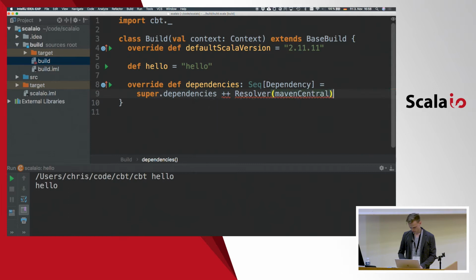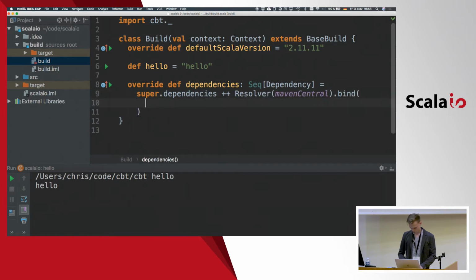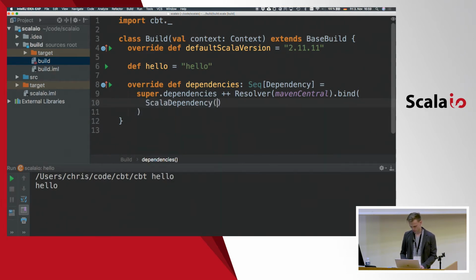So let's specify where we would like to get from. And bind, and here we should write some dependencies. It's like in SBT, but in SBT we use persons notation, and here we can just use case classes. So specify a group ID, AE dot, caps lock, and we need, for example, let's use that dependency. It's div, and version is